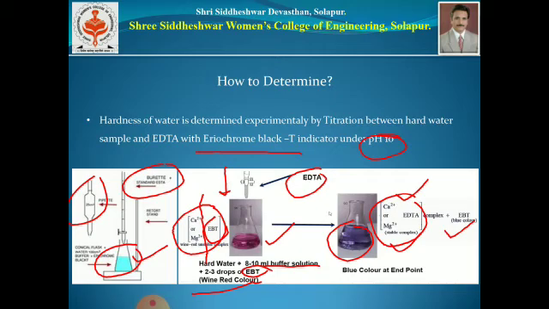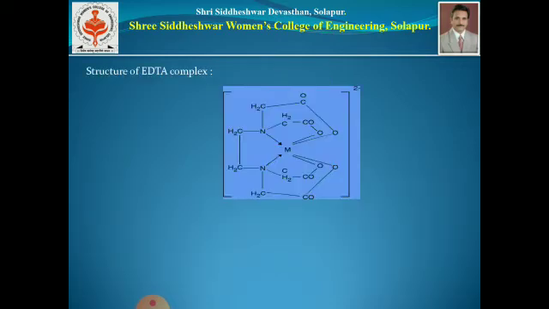So this is the end point. When the dark blue color is obtained, our experiment is over, and we can note down the end point from the burette, that is the constant burette reading. We can take 3 readings, and whichever minimum 2 readings are constant, we take that as the constant burette reading.